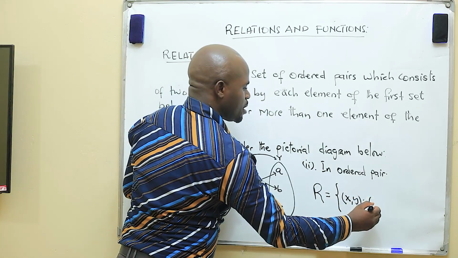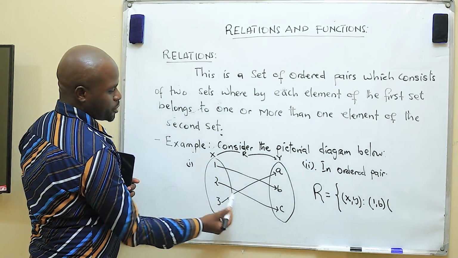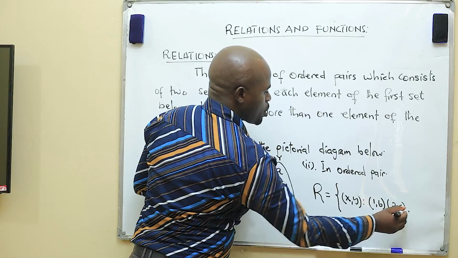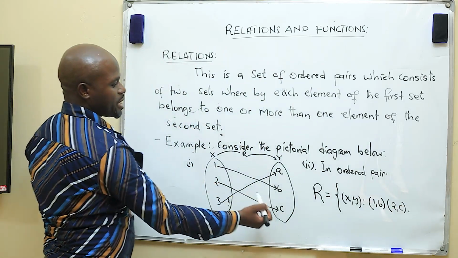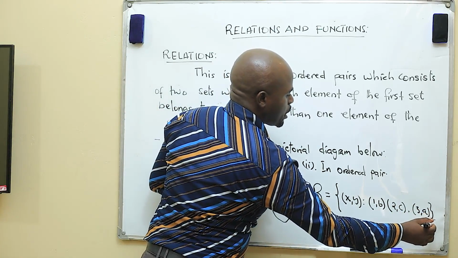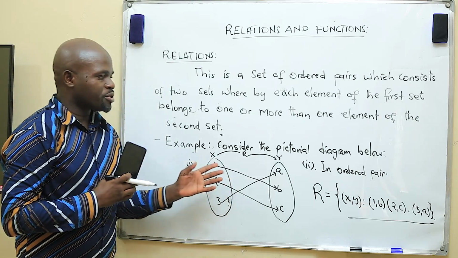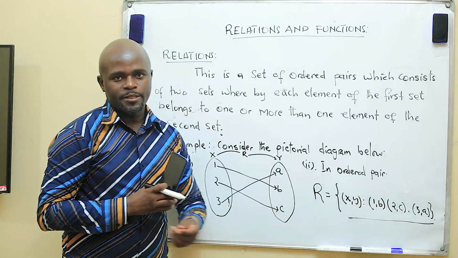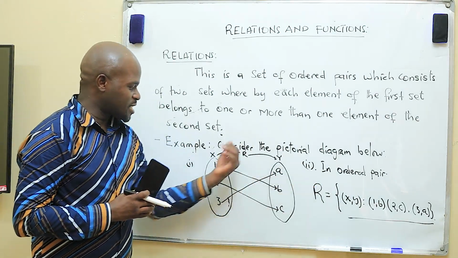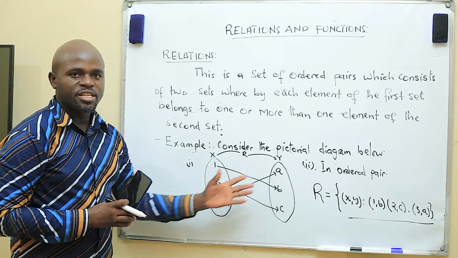So you can write here number 1, B. Then number 2 relate with C. So number 2, C, comma. Then number 3 relate with A. Number 3, A, over. Now this is the relation, the same relation which is represented in ordered pairs. So this is what is a relation, and this is an example of the elements of two different sets